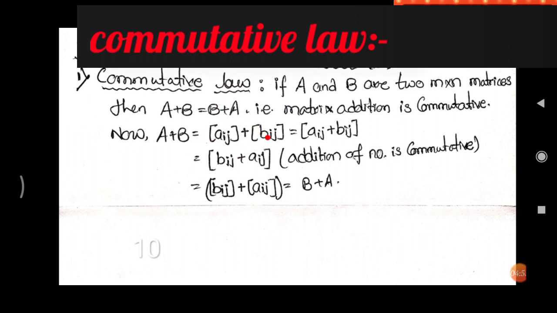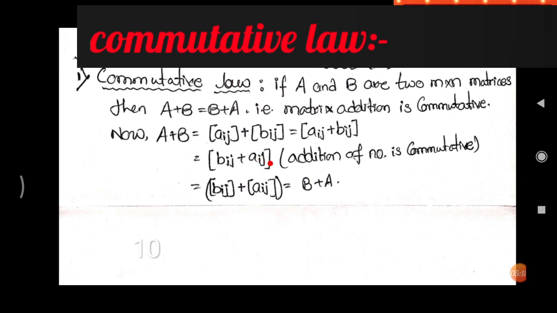They are both corresponding elements. So for getting the sum of it, we have aij plus bij, meaning we can get it in the same bracket, aij plus bij, and here also we can just change these positions. aij is equal to bij, or bij is equal to aij. As I said earlier, 1 plus 2 is equal to 2 plus 1. So we can say here also aij is equal to bij or bij is equal to aij.